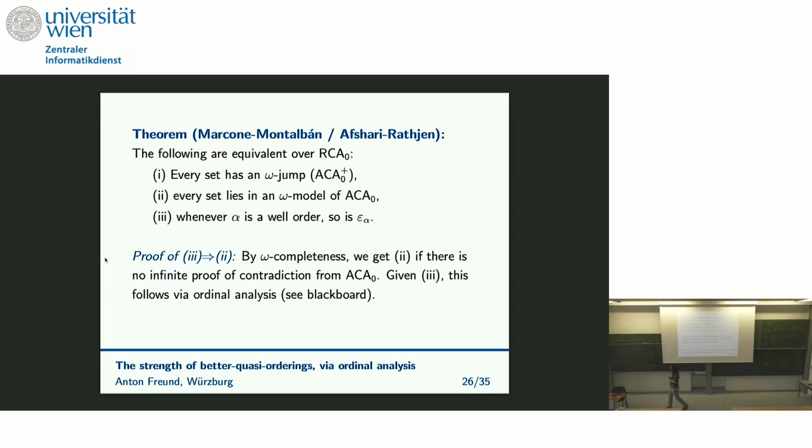I have one quick thing that people could think about. We know that arithmetical comprehension is the same as just comprehension with the sigma 1 formulas. So you could think that maybe in this rule here, it's enough to put sigma 1 formulas, and then maybe you don't need the infinite formula. And then you would get bounds that are smaller than this epsilon alpha. It's not going to work, but the question is why? So why do you need to allow arbitrary arithmetical formulas here, not just sigma 1? I think it's a subtle point.